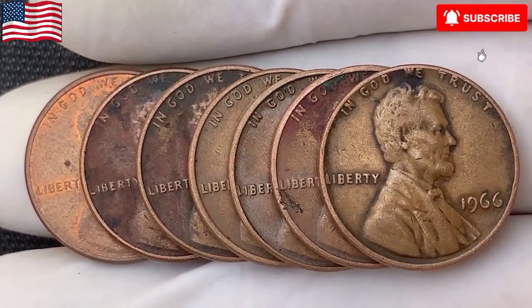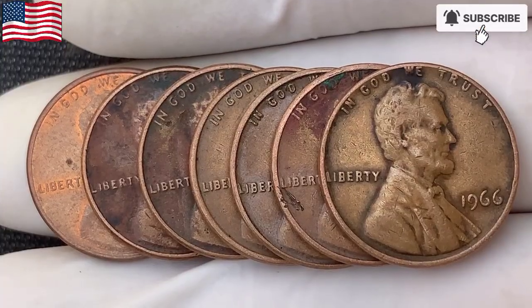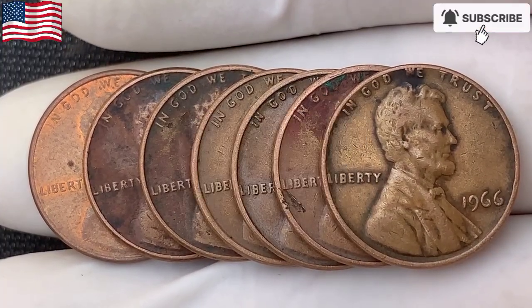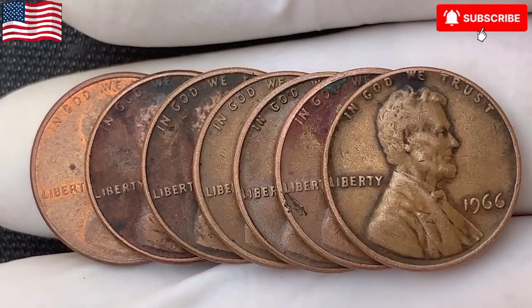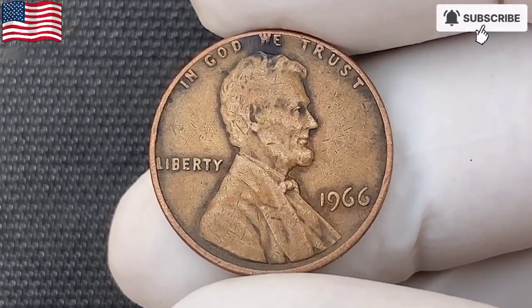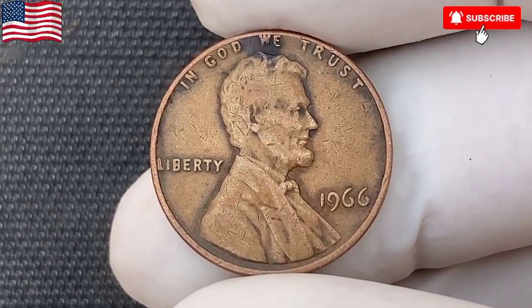If you're excited about finding hidden gems in your pocket change, you're in the right place. First, we're going to uncover some of the most valuable and rare US coins that could be worth a fortune. Let's dive in. We're shining the spotlight on a true classic from the United States coin collection, the 1966 1-cent